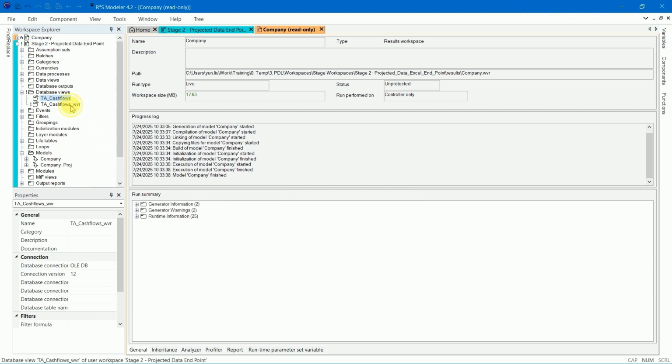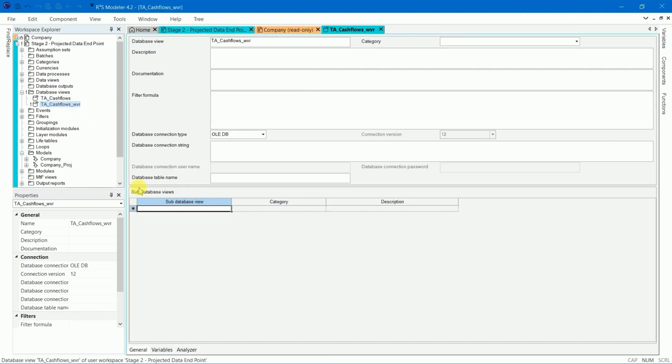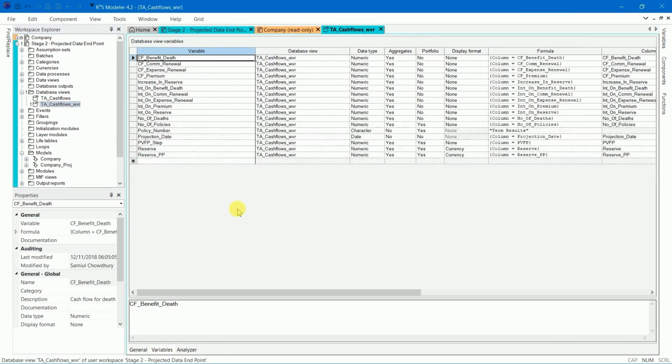Open this database view. Previously, this database view was used to read the results from an Excel file. To read results directly from an R3S Result workspace, we need to amend the projection date variable. This will be directly referenced from the system variable.